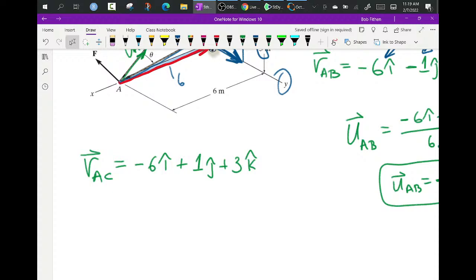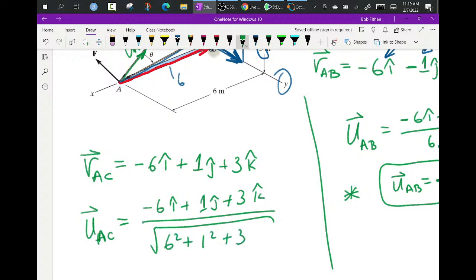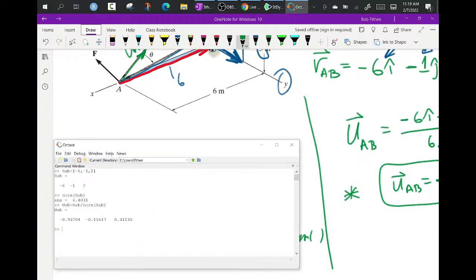So I'm over here now. So I'm done with that one for the moment. I'll just hold that one for a minute, and I'll go back in here and say, well, I want to know the unit vector going from A to C here. So minus 6i plus 1j. This time plus 3k, all over the square root of 6 squared plus 1 squared plus 3 squared, but that in Octave or MATLAB is just the norm of the vector. So I need to put the vector in there. That would be RAC,